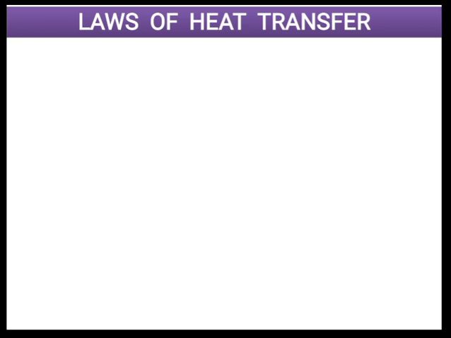For example, let us say we have to design an air conditioning system for a shopping mall and we need to obtain how much the capacity of this air conditioning system will be required, what are the heat sources, what is the temperature which is to be maintained. Then this analysis cannot be done only with the physical understanding of heat transfer mechanism. We need to obtain mathematical understanding of various parameters which will affect the heat transfer. So that's why we need to understand the laws of heat transfer in a mathematical form. So let us see which exactly are the laws which govern the heat transfer.